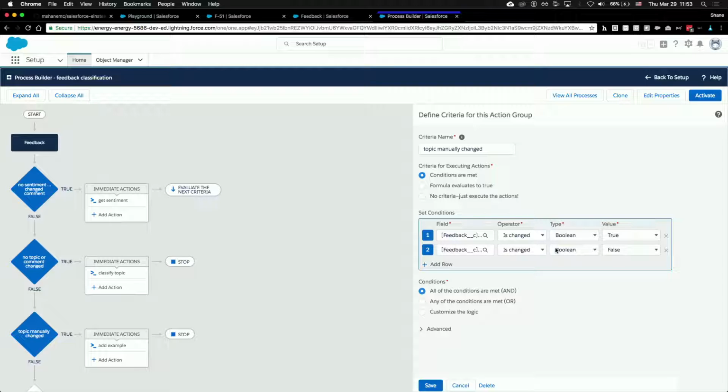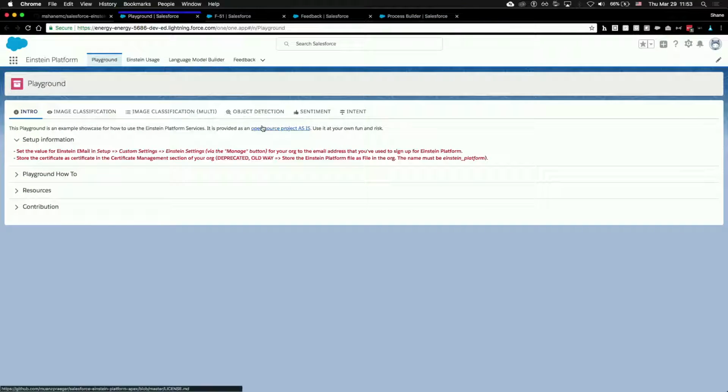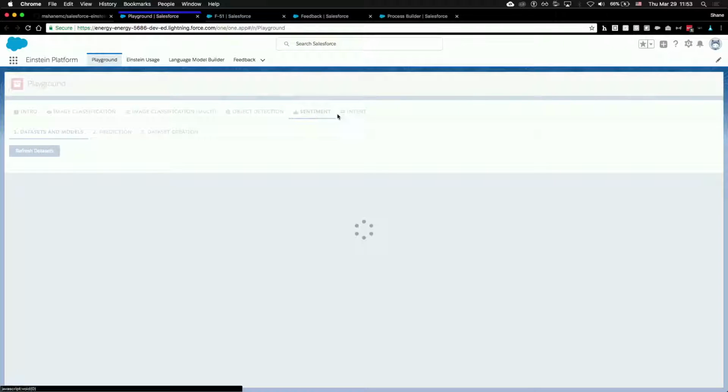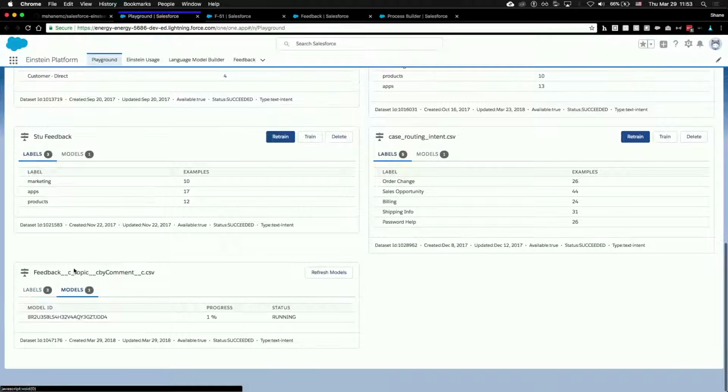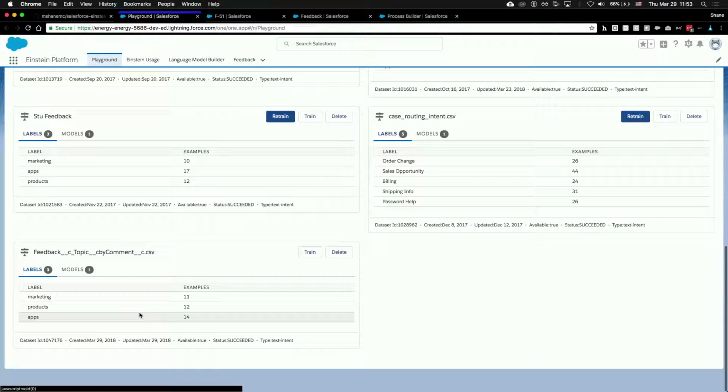to the model, okay? And so if we go back to our playground and look at our model, which should be done by now. Really? Still? Okay. What you'll see is that we have 11 marketing and 12 products and 14 apps, okay? 11, 12, and 14.